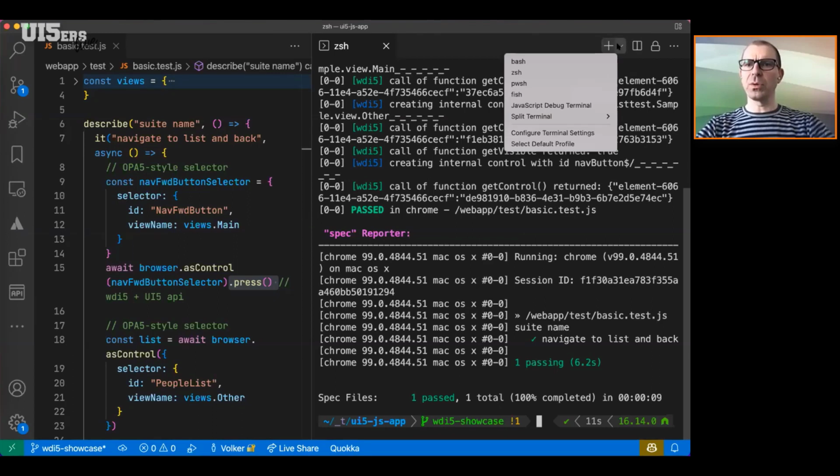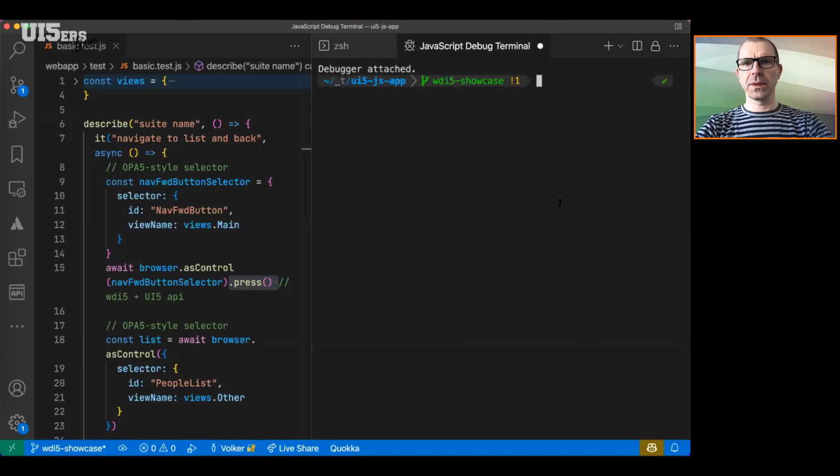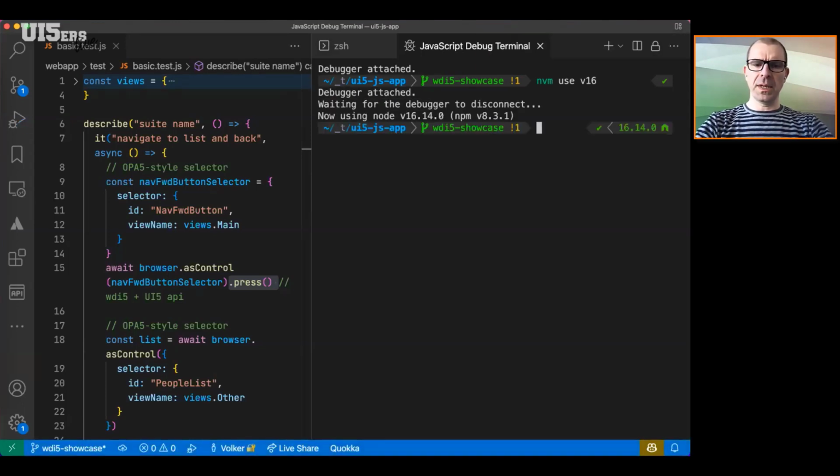So what I'm going to do here is I'm simply going to launch a debug terminal. So that's all you have to do to actually get into debug mode for wdi5. Then I switch to the node version that I use here for operating things. And then let me put a breakpoint, let's say here in the test.